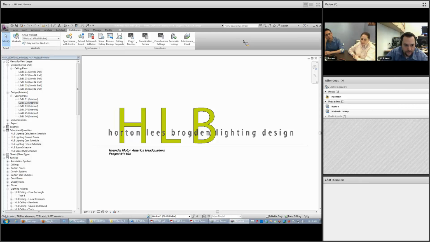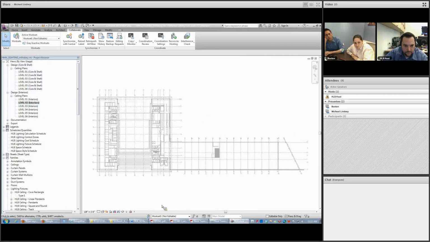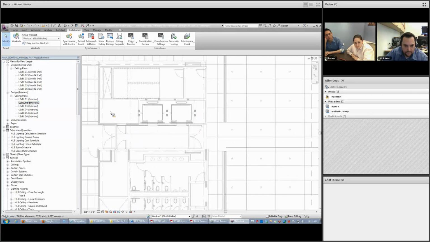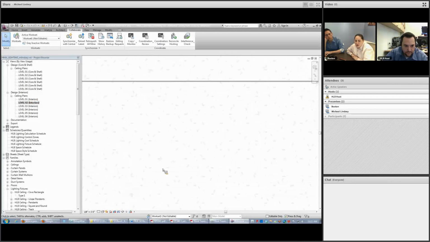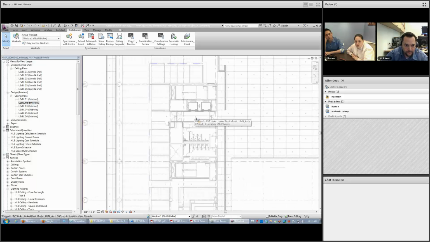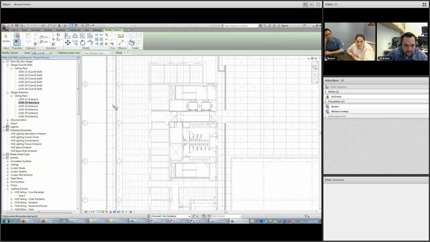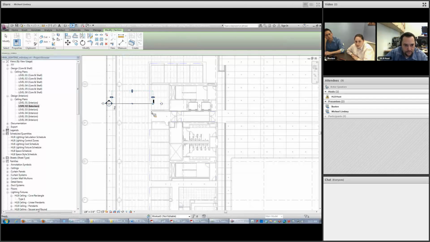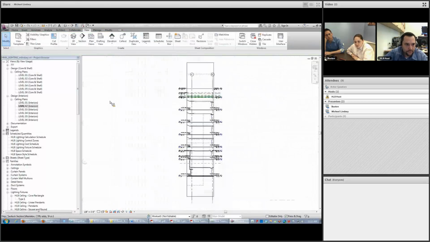Do you have ceilings? I do. So have you set up your levels? Yes. So we have 6 levels. I think you meant not levels, but ceiling levels. No, because a lot of that really comes in once I start actually documenting. Right, I'm asking because I've done the same thing. I set up my model. I have my RCP levels, but I didn't set up my ceiling levels, mostly because I don't have ceilings.